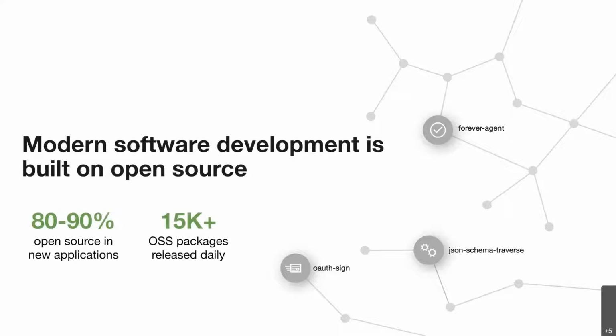So open source has been around for a very long time now. There have been many conversations, many usages, but I can tell you that open source has won all the battles as we stand today. If you take any software project today, 80 to 90% of that code would actually be open source code. So no project today starts off from scratch. Whether you are starting off an authentication module or a logging module, you will go into the open source community, pick up a piece of software code and start using it.